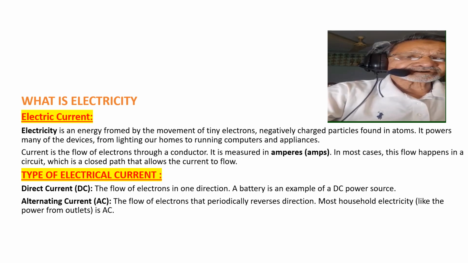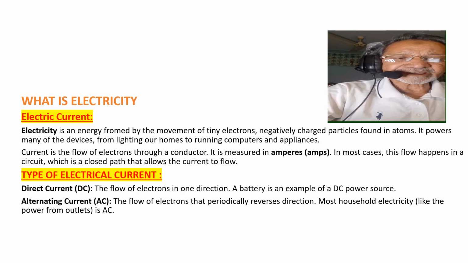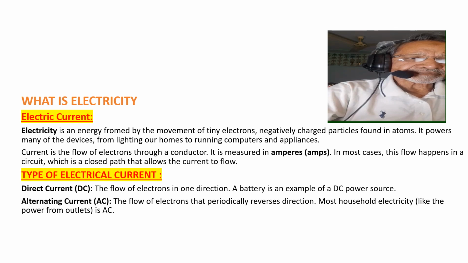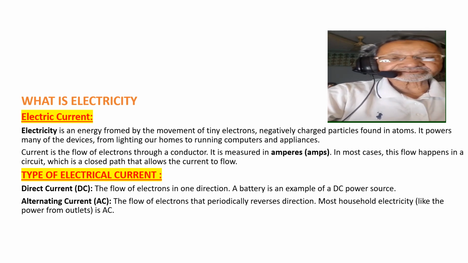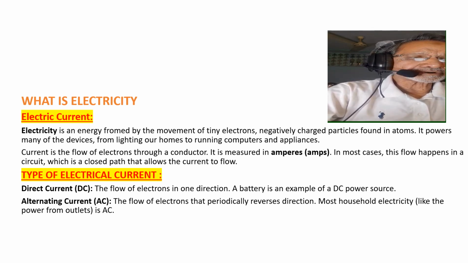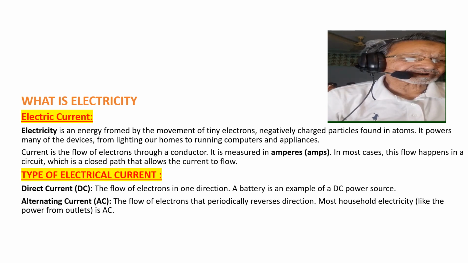There are two types of electric currents. Number one is direct current, or DC, in which the electric charge flows in a constant direction. Characteristics of direct current are that the voltage remains steady and the flow of electrons is unidirectional, from the negative to the positive terminal. For example, batteries, solar cells, and most electronic devices like laptops, phones, and all other small items